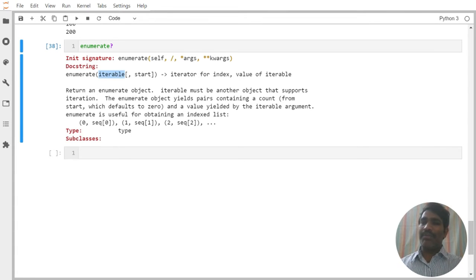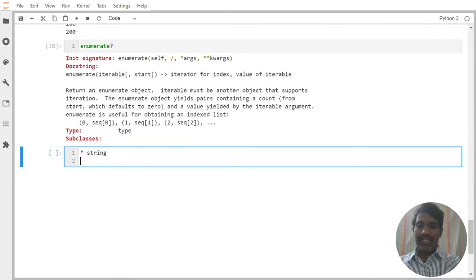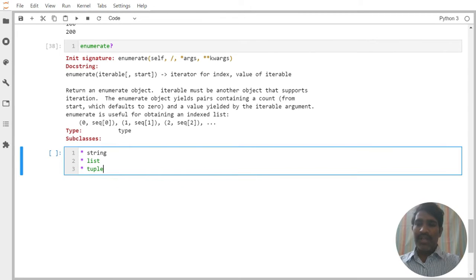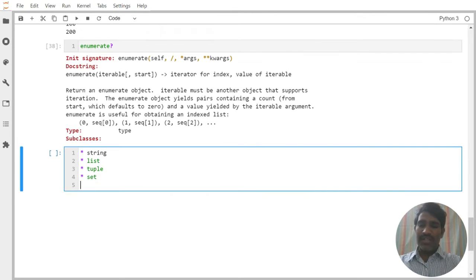In previous examples, I tried with the 6 sequence objects. What are the 6 sequence objects I explained? One is the string. Second are the data structures, all 4: list, then tuple, set, and dictionary.